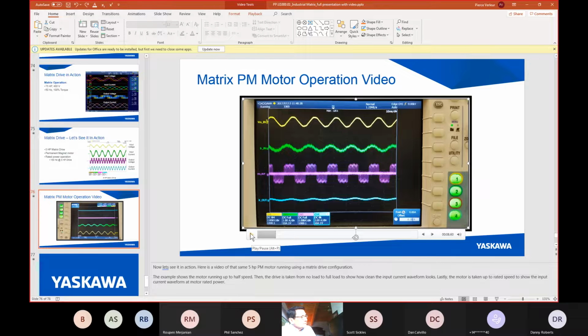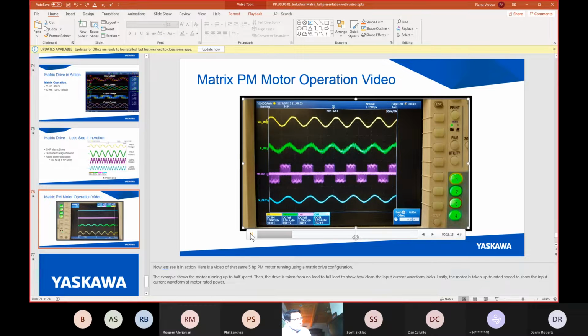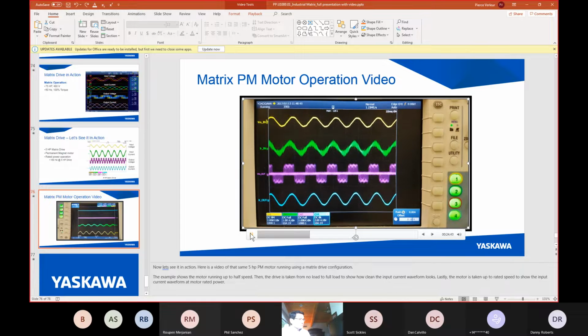But as we increase the speed, the amplitude of the current waveform goes up and the frequency of the current waveform goes up. More amplitude, more torque. More frequency, more speed. And there you have a real-time scope trace,